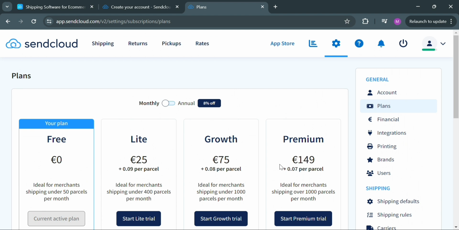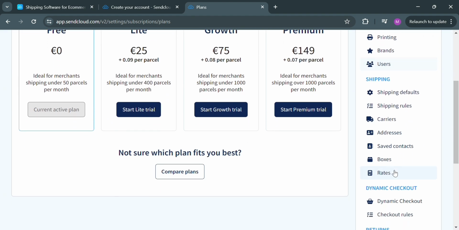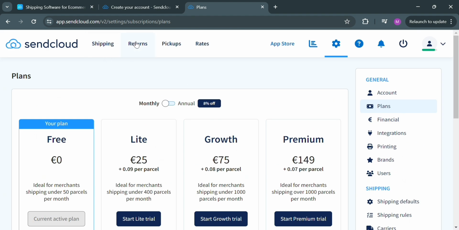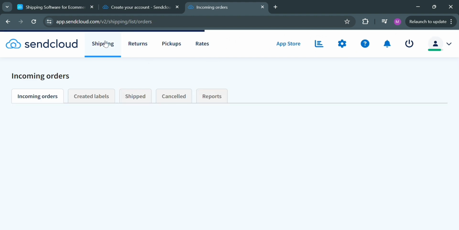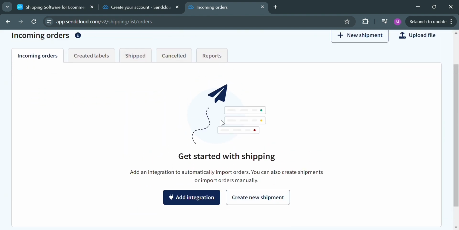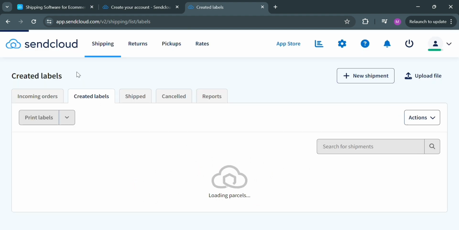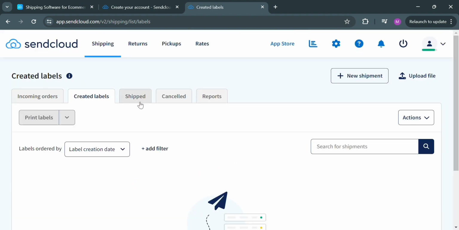While on the right side panel, it will show us the general options such as account, plans, financial, integrations, and many more. While for the top panel, we could also navigate here the shipping, returns, pickups, and rates options. By clicking the shipping option, which provides e-commerce retailers with the ability to offer flexible and customizable shipping methods to their customers by integrating with over 80 carriers across Europe and offering integrations with 50 plus e-commerce platforms, you could basically see here the incoming orders,